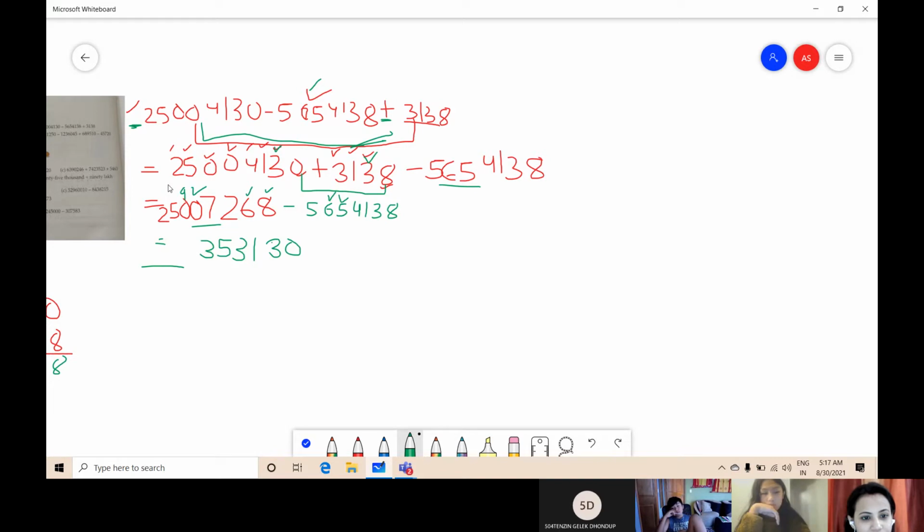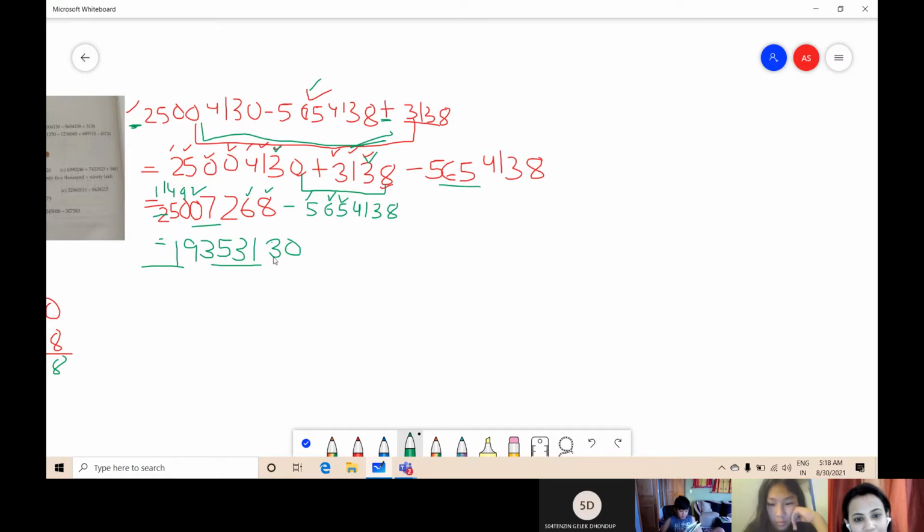Now it will become 4. So 4 minus 5 will be, 5 is bigger number, 4 is smaller number. So what we will do? We will take one carry and we will make it 14. Now 14 minus 5 is 9. And what number is remaining here? It is 1. So I will write here 1, because 1 minus 0 is 1.